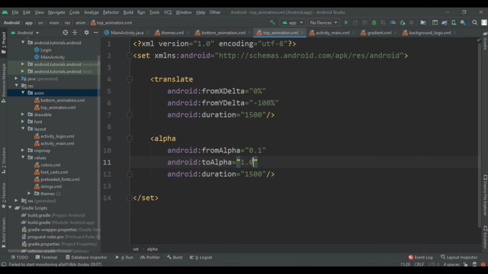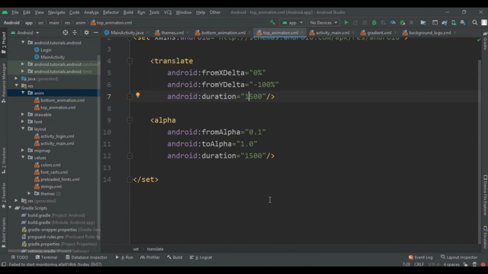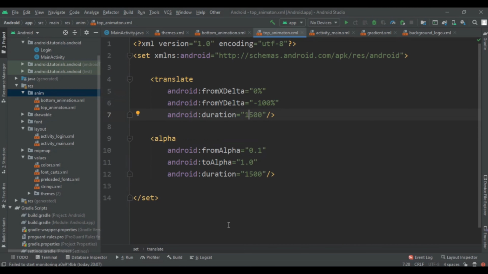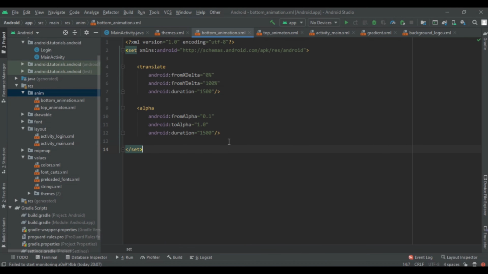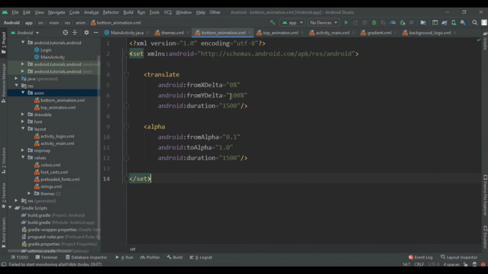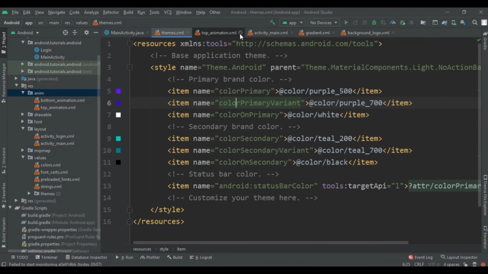You can see the value, and remember you have to write this duration manually, it will not be auto suggested. Now copy this same code and write it into the bottom animation file, and just remove that minus from y delta. After we create our animation, our themes work is completed.